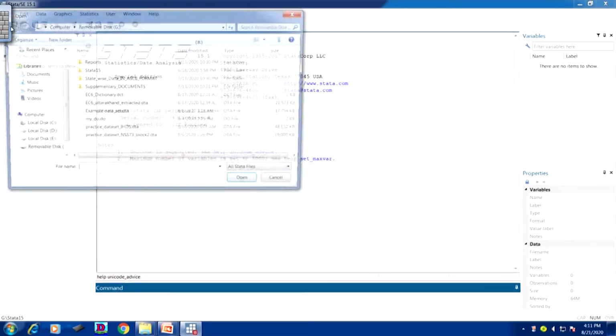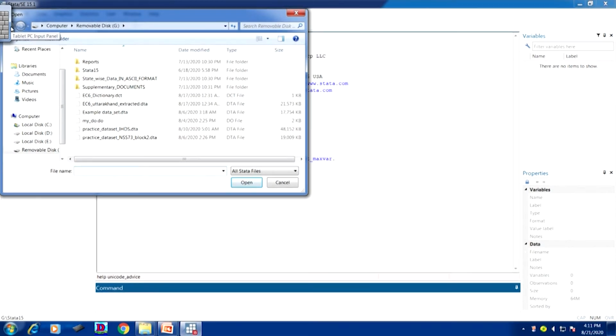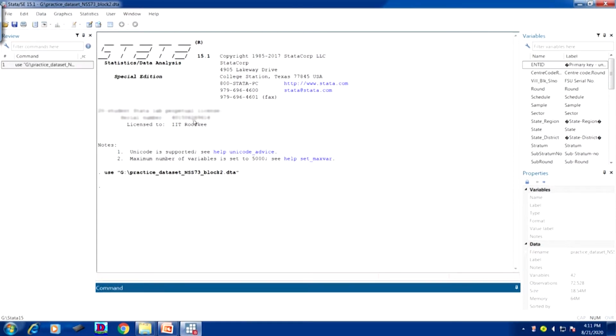I am straightaway opening the practice data set, and this will be available to you because we have tried our best to reduce the volume of the data, so that it can be easily opened.